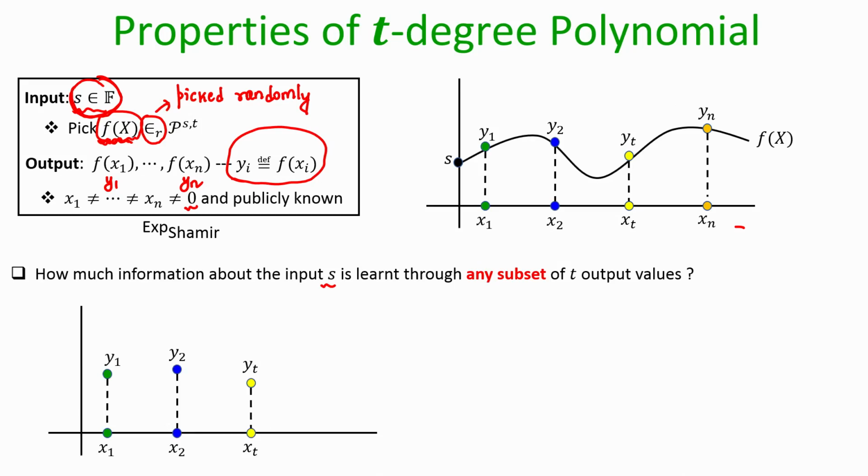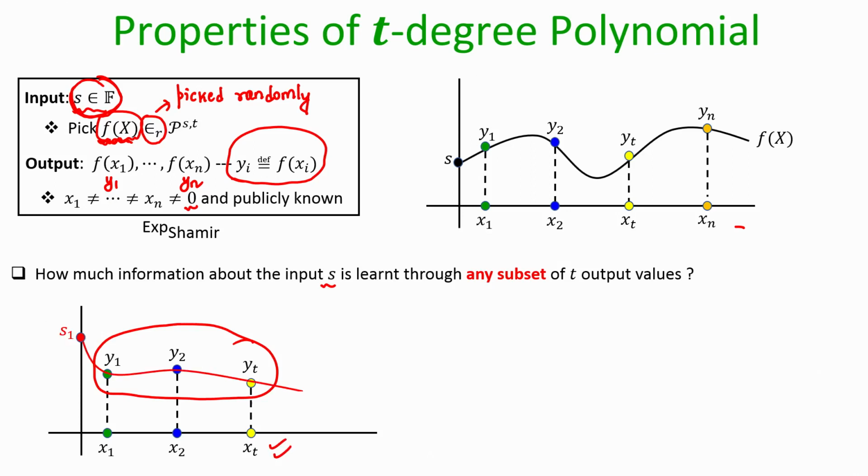Okay. So, let us assume for simplicity that I give you the first t output values, but whatever I am discussing here holds even if I give you t output values which are not the consecutive t y output values. So, I may give you say y1 and then I do not give you y2, but I give you y3, and then I do not give you y4 and I give you y5 and y6 and so on. But overall I give you t number of y output values; the x values are anyhow known to you. I challenge you: how much information about S do you learn?